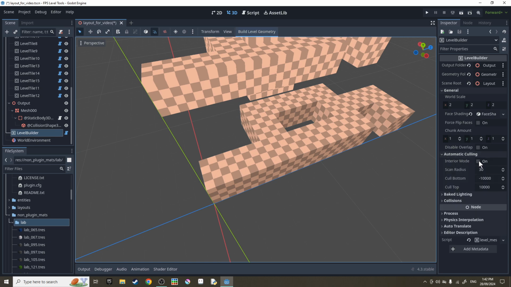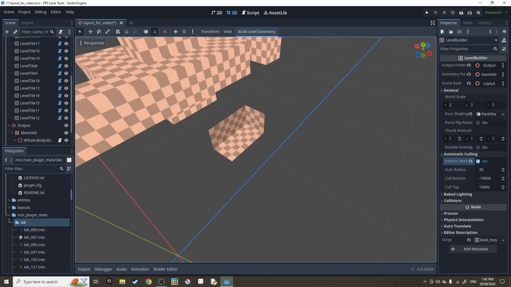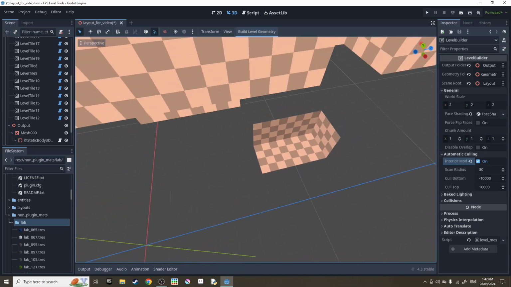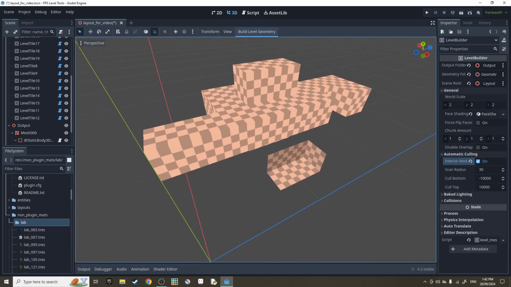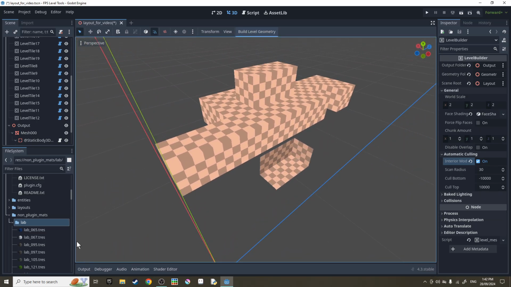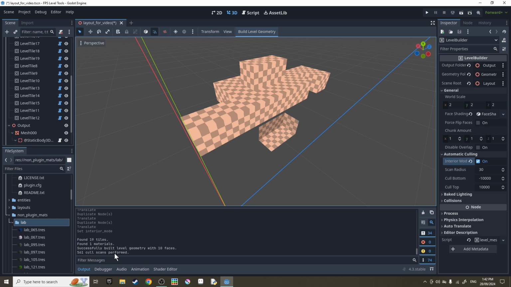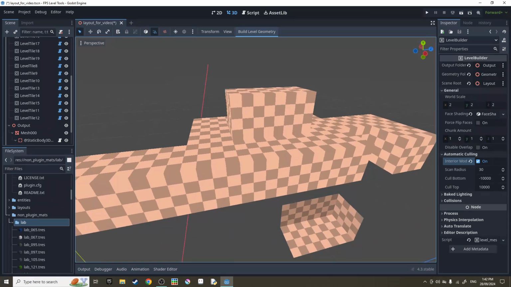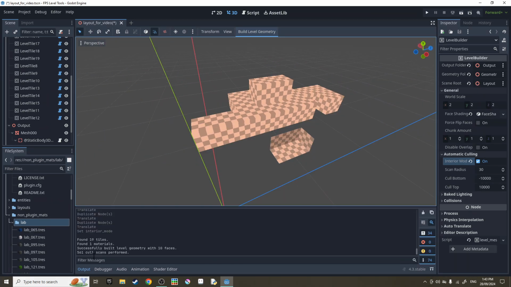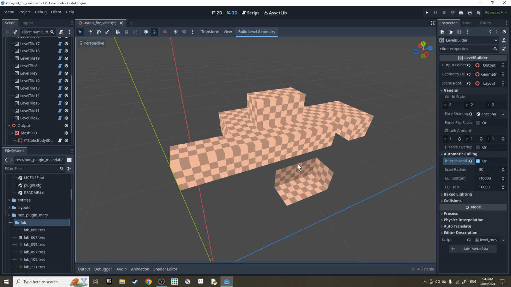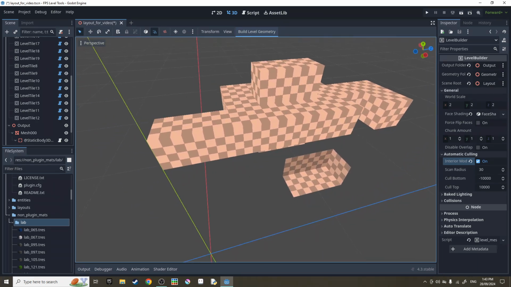So you've got automatic culling. Turn on interior mode and build, and we only get that. Just keep in mind on very large maps that may cause very long build times, and you can see in here the amount of scans performed to check what's inside and what's outside, and that can get very high on large maps. So be careful, it may pay to just use the flip method to do interiors because you're making